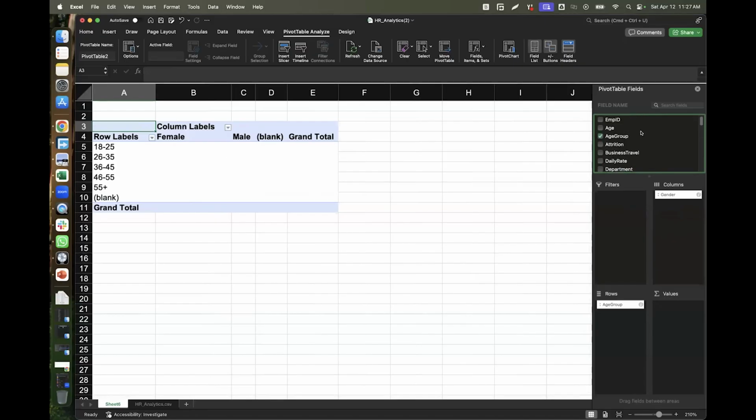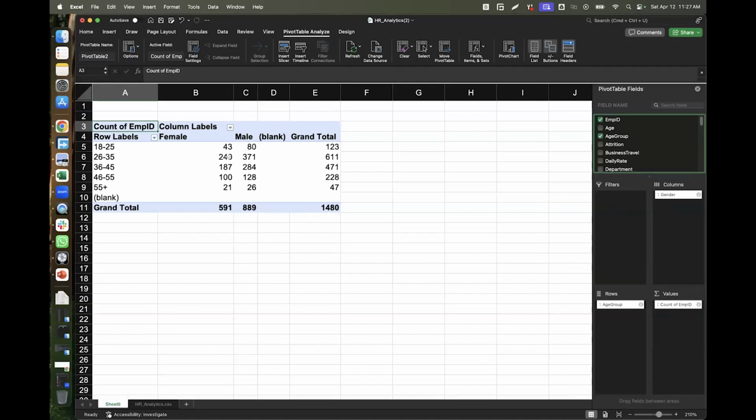And how do I count? I know that I have a constant number I can use to count, which is my employee ID. So I'll drag my employee ID to my value here. And you can see that it's giving me the total number of female between the age of 18 to 25 working with this HR data.